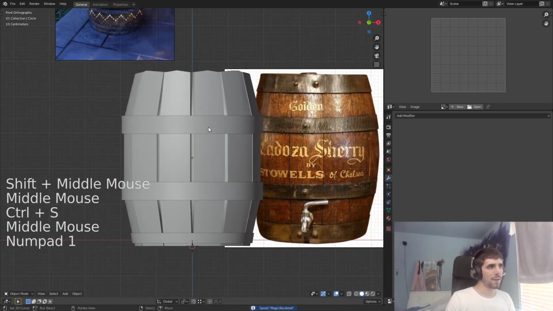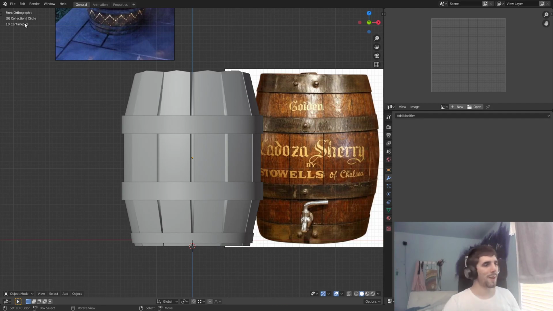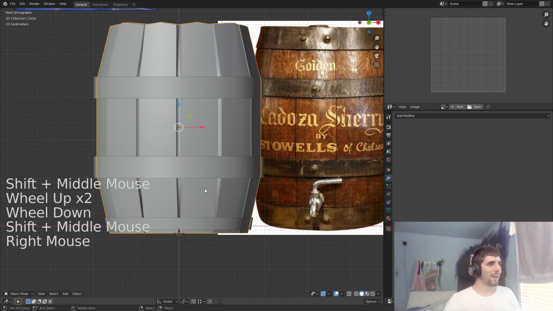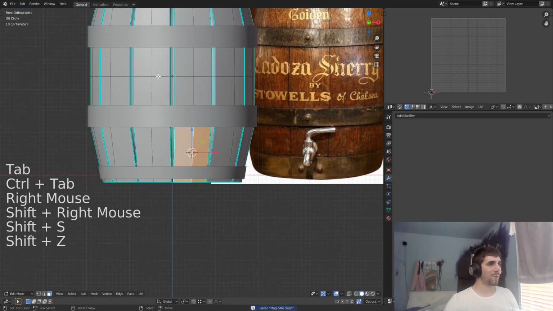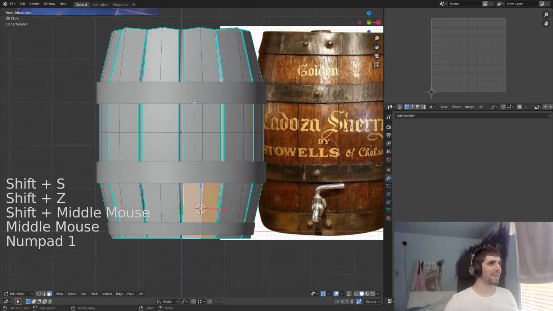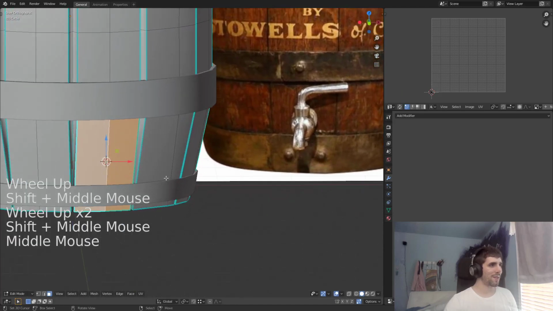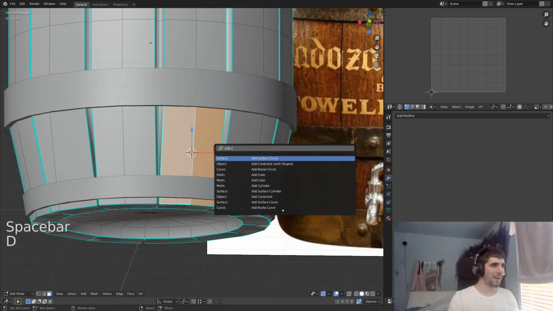Okay. I do like those bolts, but I'm going to try to paint those on or do them through a normal map later. Alright, let's add a spout. I'm going to just add it on this plank. This is one of the downsides of not having a plank in the center, is that I can't do a mirror, but I don't want it to be symmetrical anyways pretty quickly, so I'm gonna add a circle,